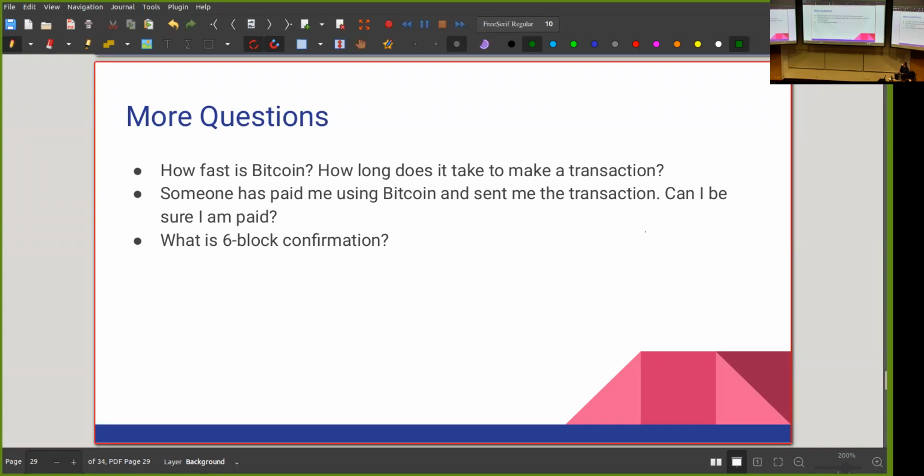But let's ask even more questions. Okay, so one question that I'm asked a lot is, how fast is Bitcoin? And usually what people mean is not the answers that you would get, like these many transactions per minute or whatever. What people really care about is the delay. Like, how long does it take for me to make a transaction if I want to make a transaction right now? And the answer to this is it depends. It depends on your definition. So you can create a transaction in basically no time. You can just create it on your own computer, right?